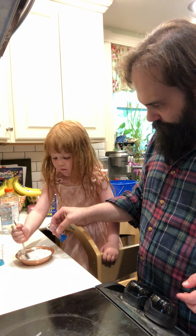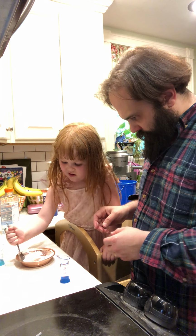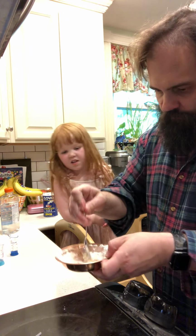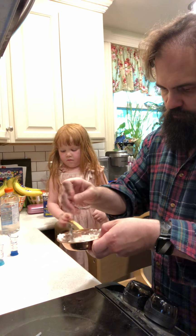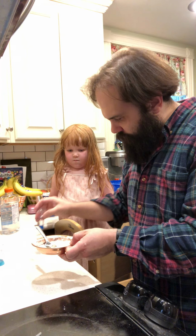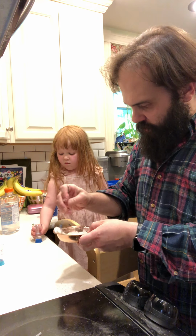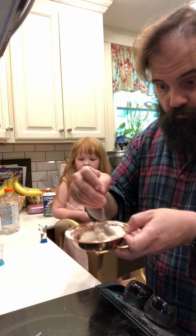A little bit more. Okay, good. Getting pretty sticky. You don't want it to be too watery or too powdery. I'll let you pour it in a minute. I have to make sure we don't pour all of it in, or people aren't going to know how we're doing it. Okay, so if you see,